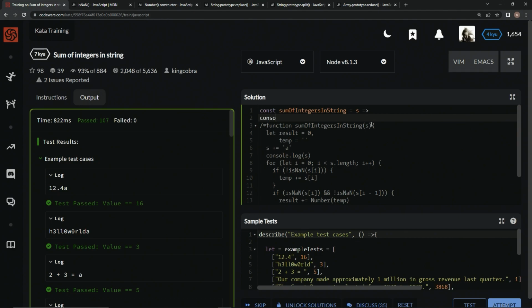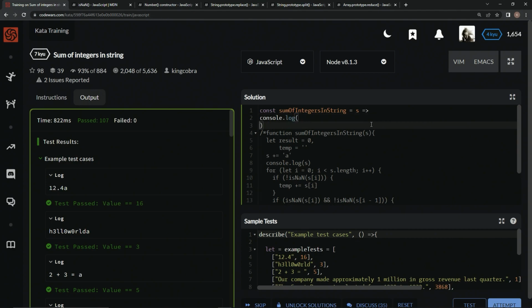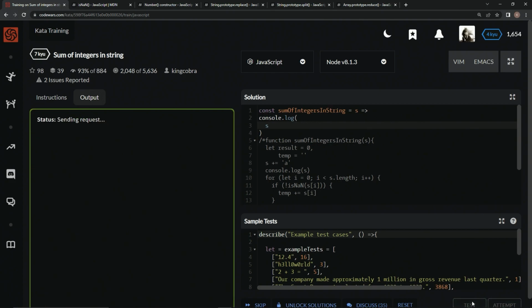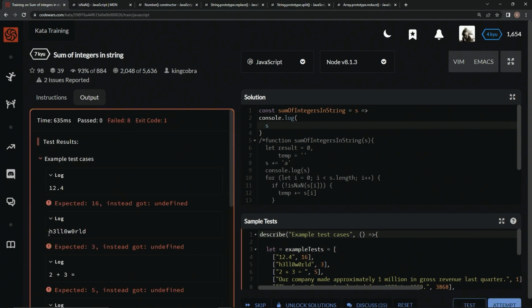We'll do console.log here so we can test while we go, and we'll start with s. So let's test it out. Now we've got 12.4, hello world like this, and everything else. What we're going to do here is replace everything that's NaN with a space so that we can split this thing up into an array later. First, let's turn everything that's NaN, that's not a number, into a space by using the replace